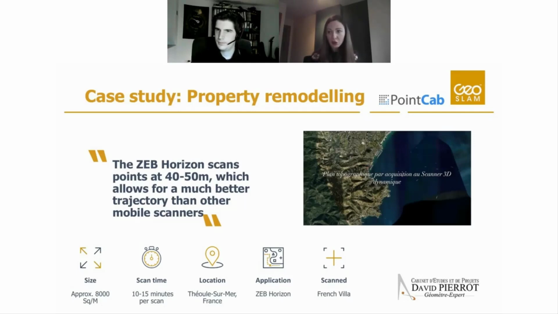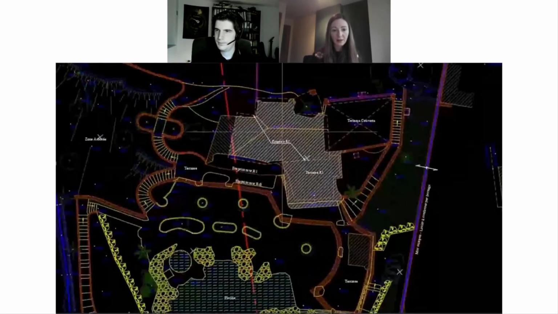Again, ZEB Horizon was the choice for this project because it has a 100-meter range and speed of acquisition. Otherwise, using any tripod-based scanners, it would be quite difficult to work in a steep environment like this one. I'm just going to play the video